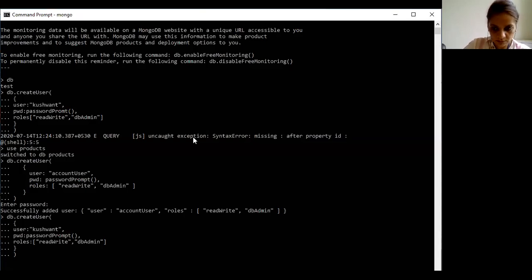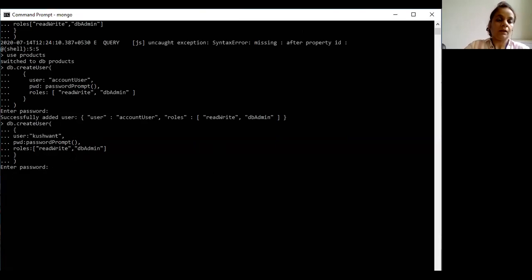So let us press enter. Now see, here we have written the command db.createUser. The username we have kept Kushwant. At the password stage we have asked MongoDB to prompt for it. And then we have defined that Kushwant's user will be having readWrite roles as well as admin roles. And then we have pressed enter.